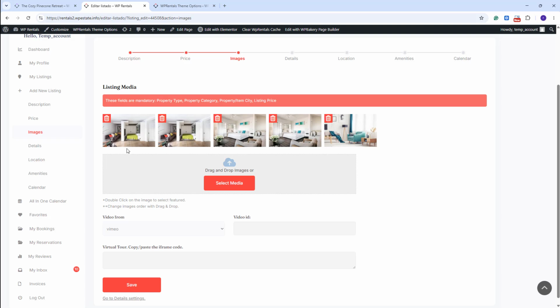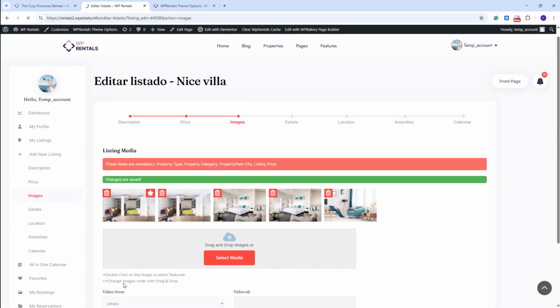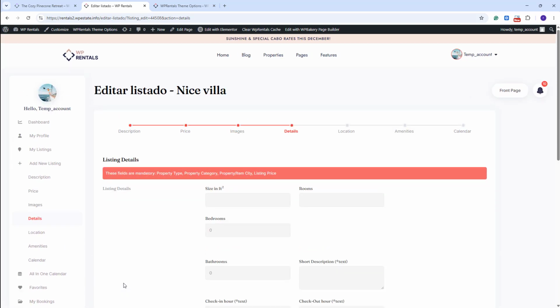To select a featured image, you'll need to double click on the image. You will see the star here and you can change the image's order with drag and drop. You can add a video from Vimeo or YouTube. You'll need to add only the video ID here. The video tool will work only with iframe code. To save the details here, you'll need to press save and you will be redirected to the next section, which